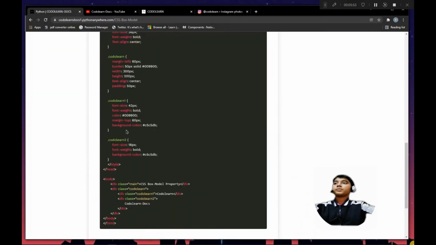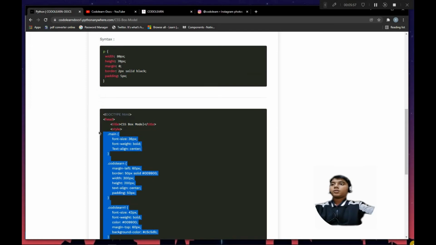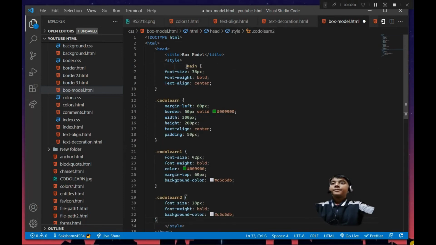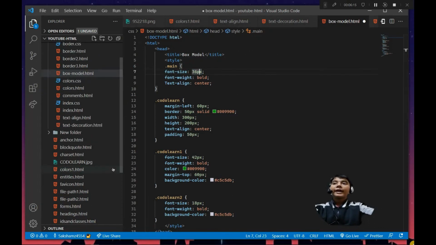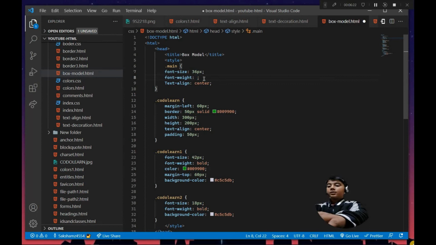And here, guys, we just type style. In the browser you can see this is our CSS code, so let's copy this and paste it here in VS Code. Let me explain the code first. In the code you can see, first we target the main class, with font size 36, text align center, and font weight bold. We can also make this bolder. Control S to save.